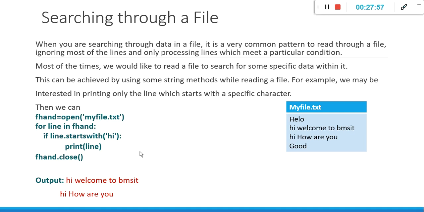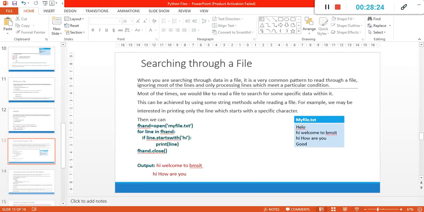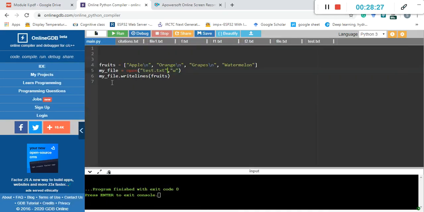Say for example, you have a bank data file. I want to search for a particular piece of data, that is, I want to search for a banker name, or I want to search for a particular customer detail whose name starts with James. So how do you do that? I have a predefined function called startswith. So as usual, you are trying to open the file.